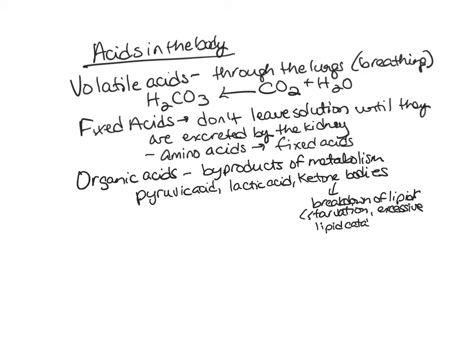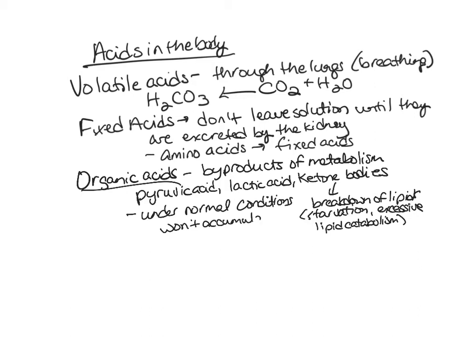For instance, if a person is on a diet where all they're eating is high proteins and they're not eating anything else, no carbs or anything like that, then the body breaks down an excess amount of lipids. And under normal conditions, these organic acids are not going to accumulate. So it's really only abnormal conditions where we're going to see an unusually high number of organic acids. So instances like starvation, or if you're on some type of diet where all you're doing is eating a high